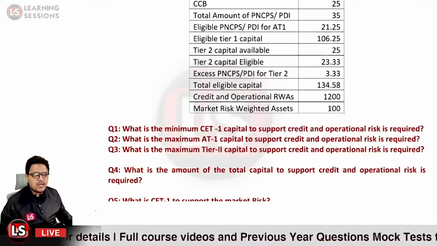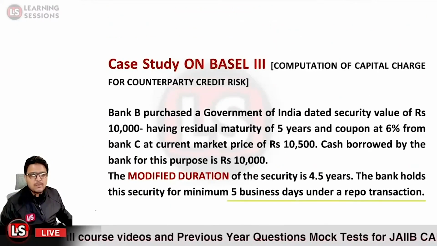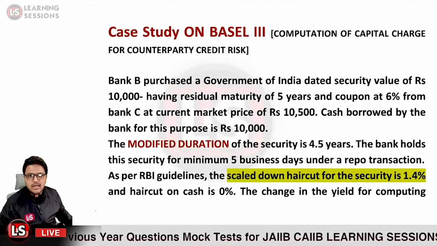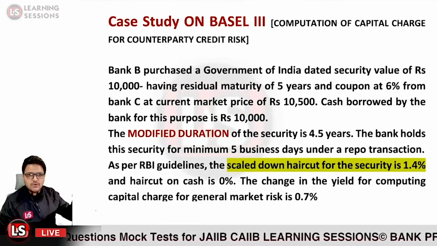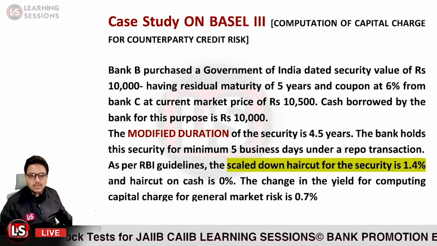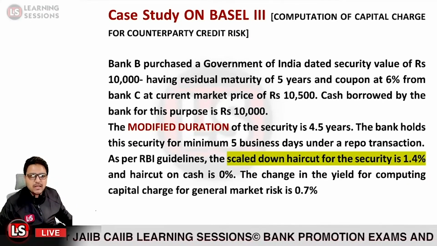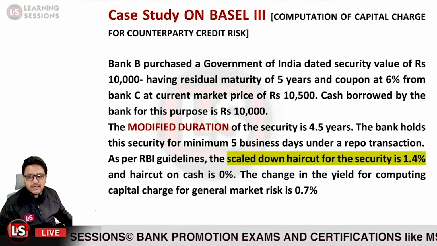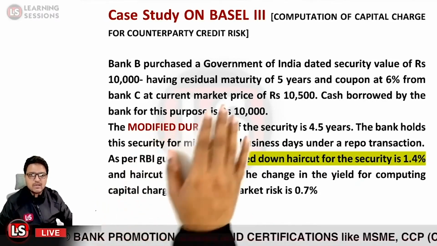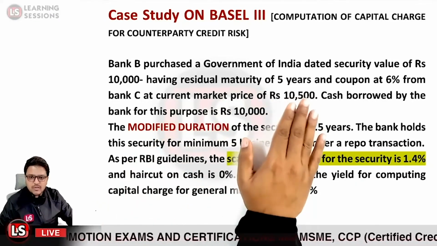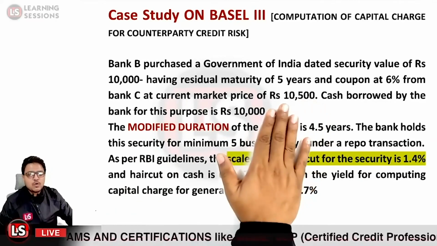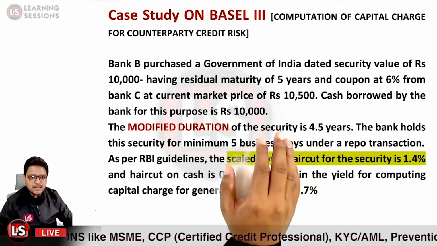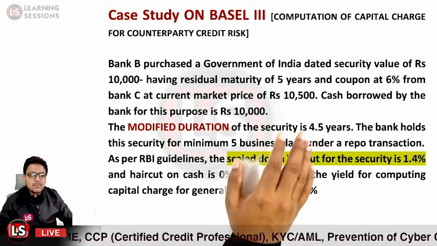Next is the third case study, which is computation of capital charge for counterparty credit risk. Bank B purchased a Government of India dated security valued at rupees 10,000, having a residual maturity of 5 years and a coupon of 6%, from Bank C at the current market price of